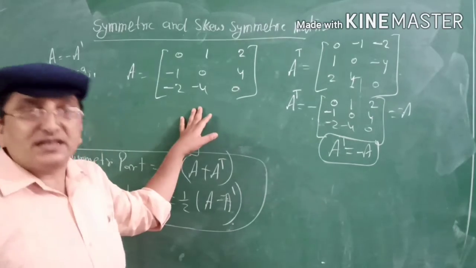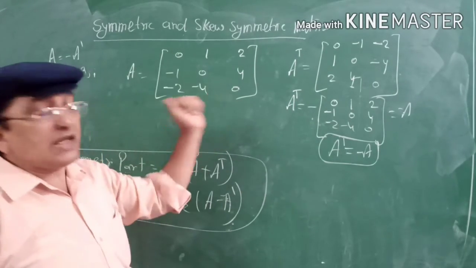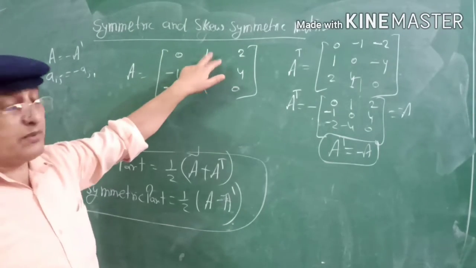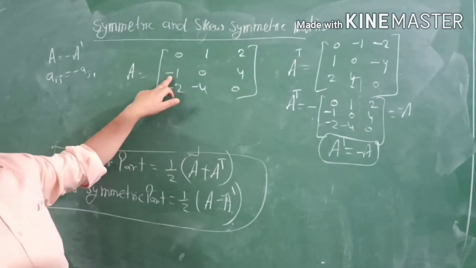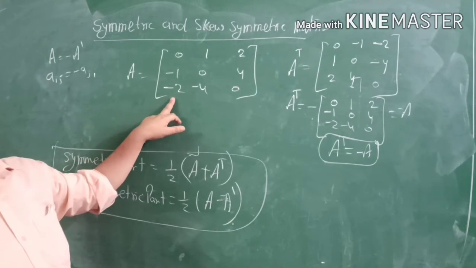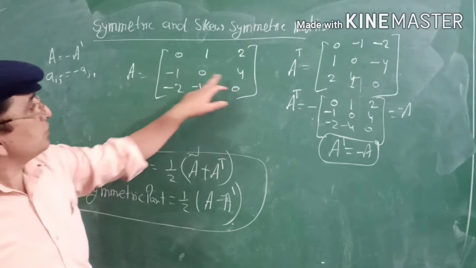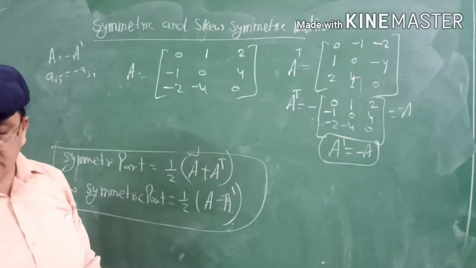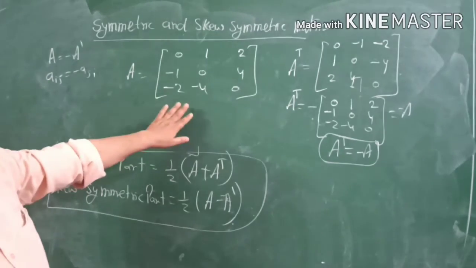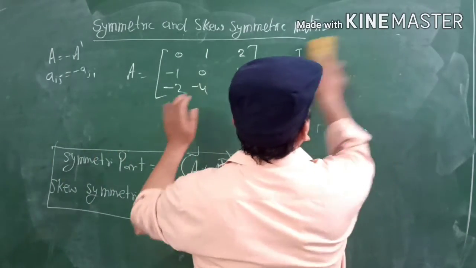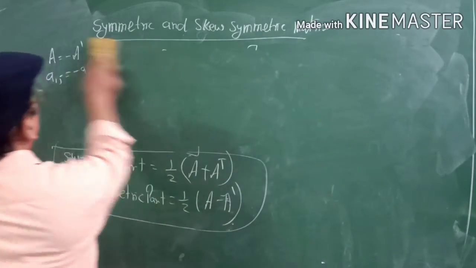The skew-symmetric matrix is the matrix in which the principal diagonal is 0, 0, 0, and for the rest of the elements, A12 must be equal to A21 but with a negative sign, A13 equal to A31 with a negative sign, A23 equal to A32 negative, and principal diagonal 0, 0, 0. This is known as a skew-symmetric matrix. Now, one very important theorem we have in our syllabus to prove.